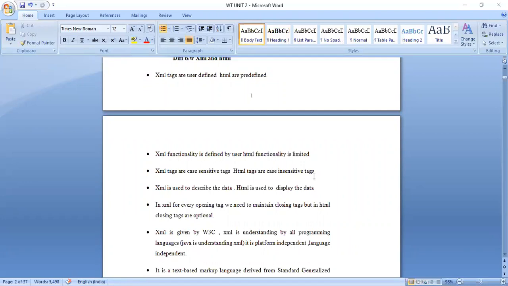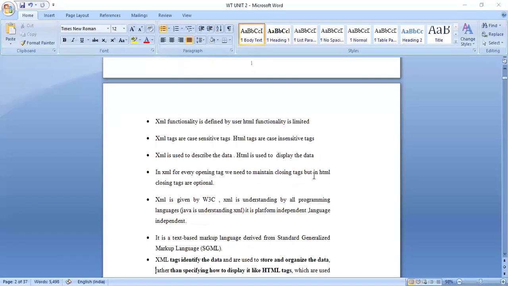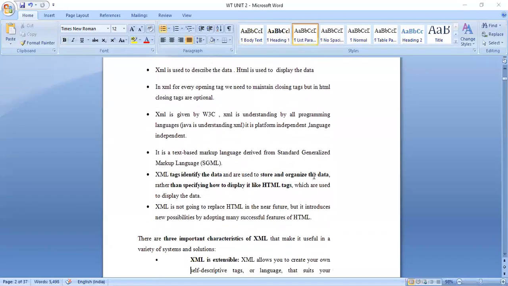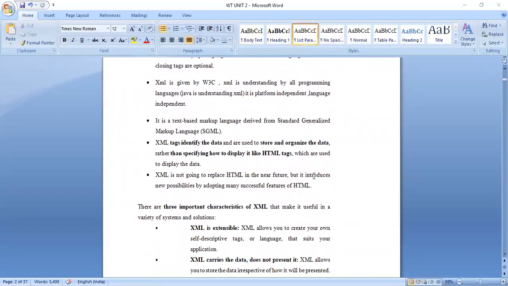In XML, you should have an opening tag. When there is an opening tag, there should be a closing tag. But in HTML, you need not have. That is why we had something called BR in HTML, which is used for break, which doesn't have a closing tag. And we say that XML is given by W3C, World Wide Web Consortium,